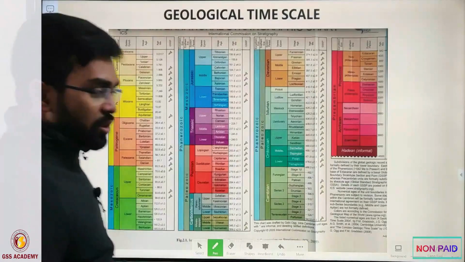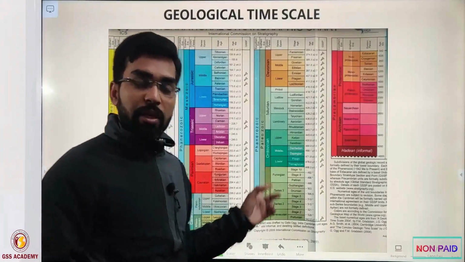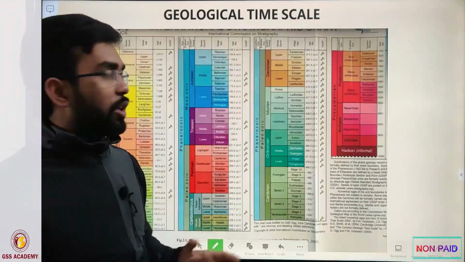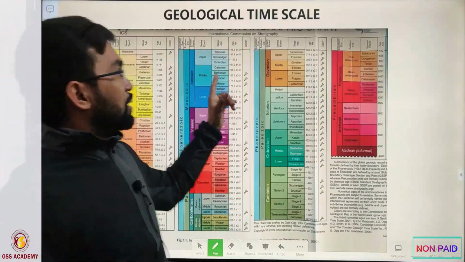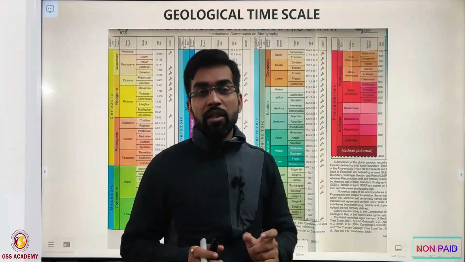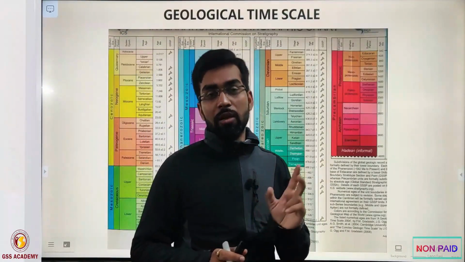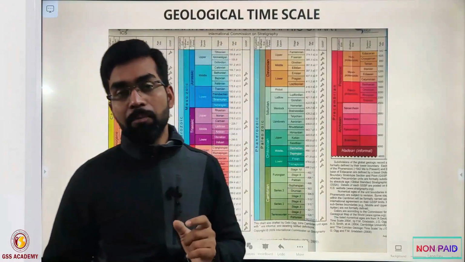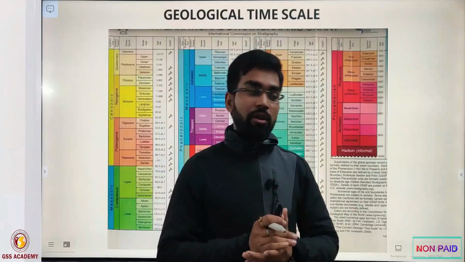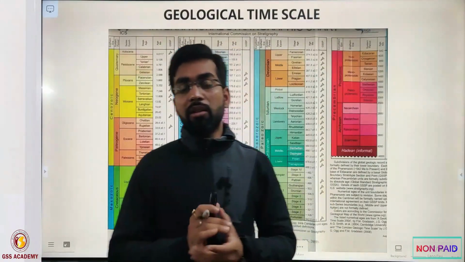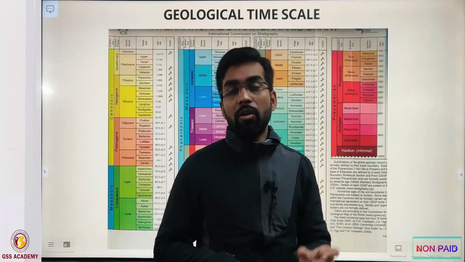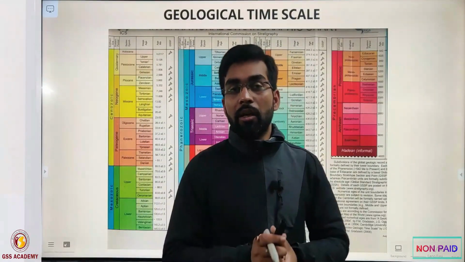Now let us start the geological time scale. Previously we studied the principle of stratigraphy and different ways of correlation. Now look at the geological time scale. If you remember, in the previous slide we showed you two cartoons: one is the physiographic division and the other is the tectonic divisions of the Indian subcontinent. In the tectonic division, I showed you the position of the different cratons and mobile belts.